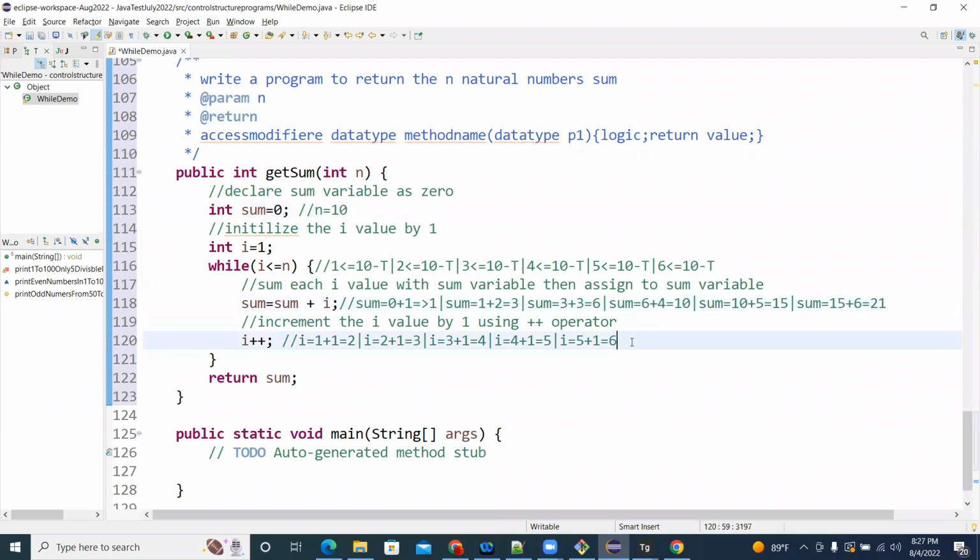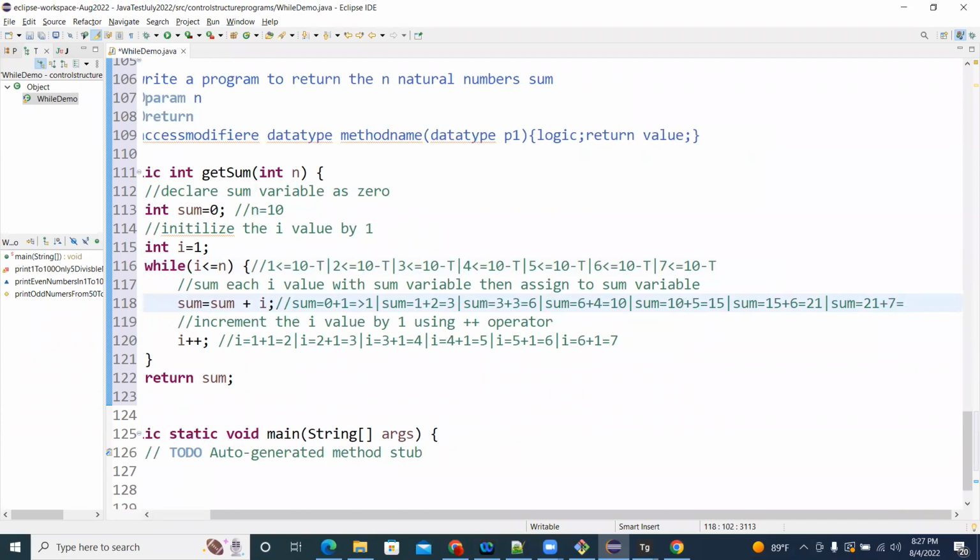So the current sum value. Now I value becomes 6 plus 1, it's 7. So goes up. See, I'm separating with the pipe symbol every time. Now 7, current I value 7 less than or equal to 10. It is true. Comes inside. Sum equal to current sum value 21 and I value 7. So how much is it? 28. So goes up. I value, calculate 7 plus 1, 8, and goes up to the condition, 8 less than